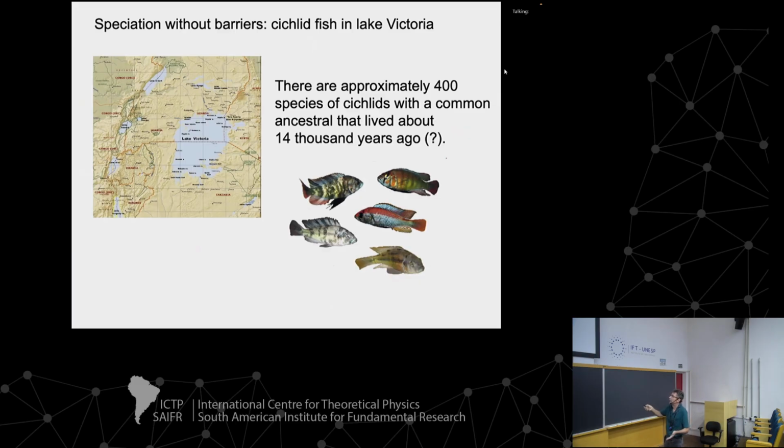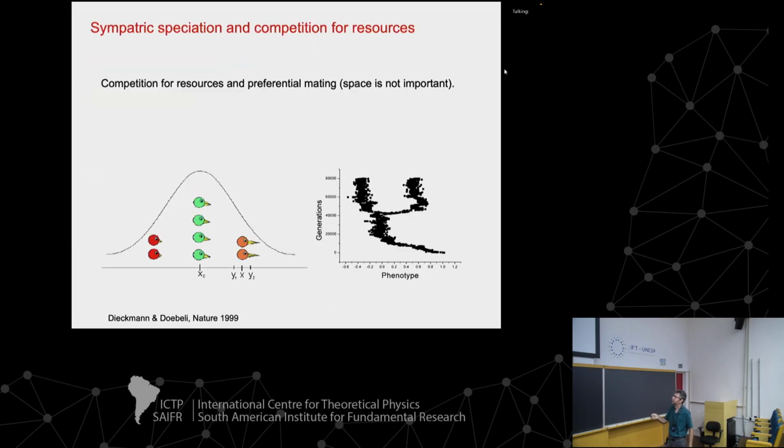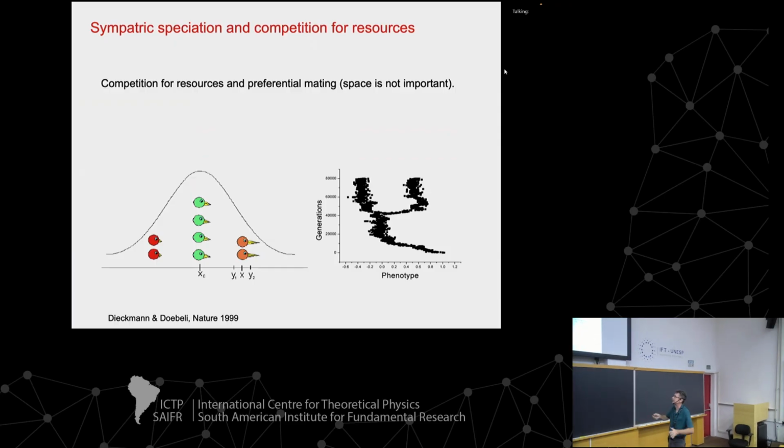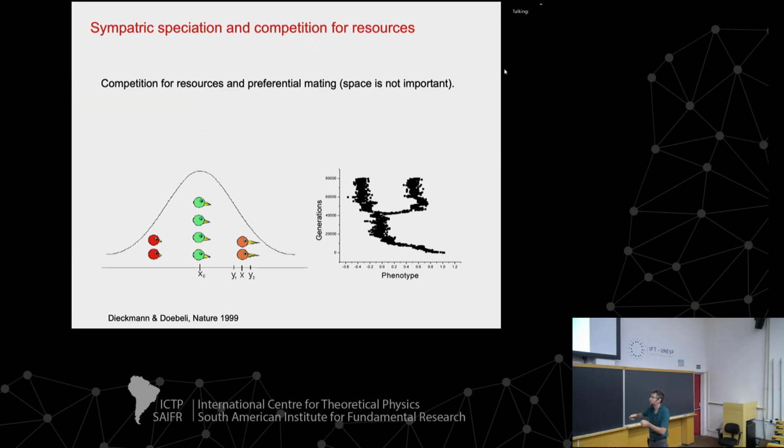So barriers may not be the only way to get that split. And there are also examples where speciation happens without space at all. They happen at the same spot. You have things happening in the same area, and two species emerge with complete gene flow. There is nothing forbidding individuals to mate in that area. And this is driven essentially by competition for food, for resources. There is a very nice paper that works out the theory and shows how this branching can occur only by